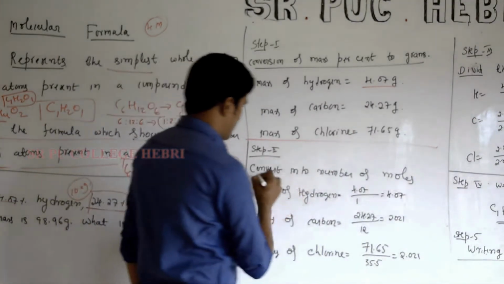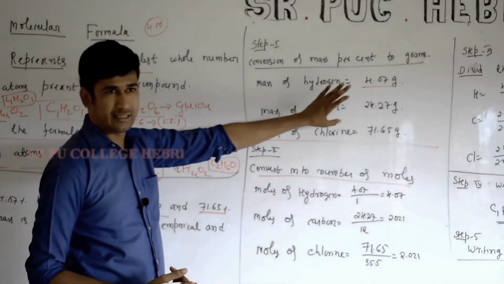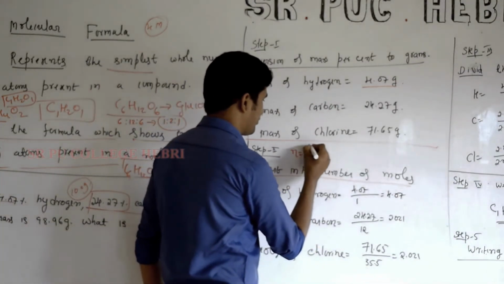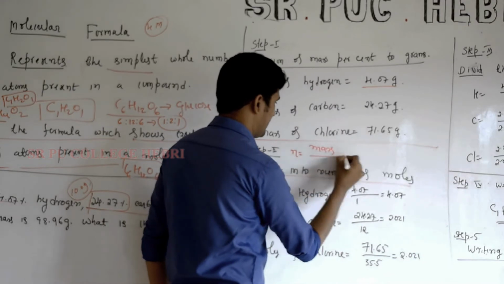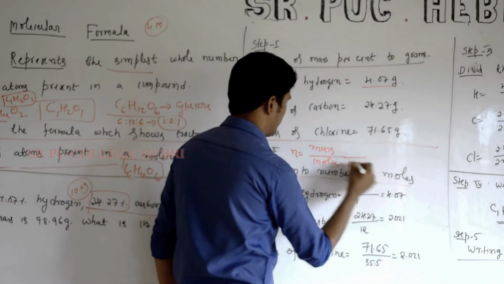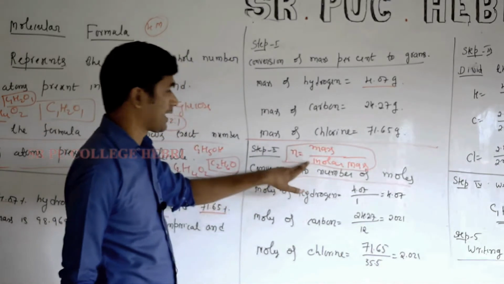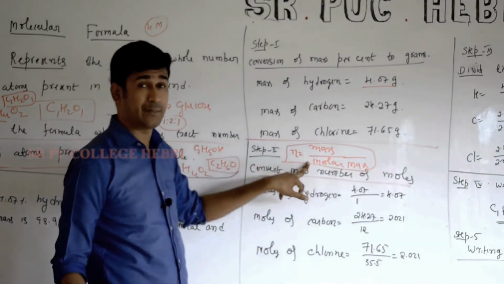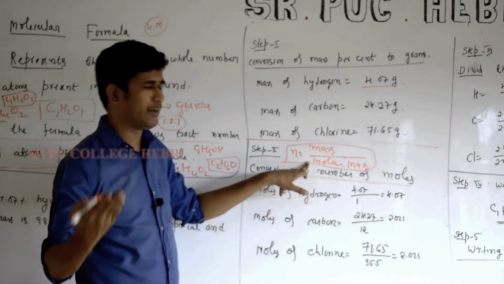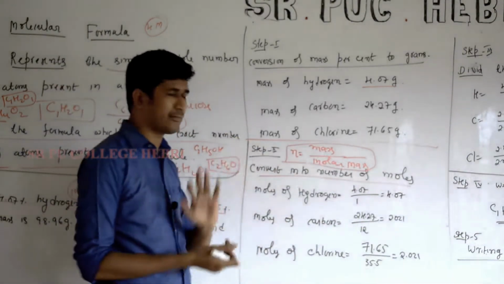Step 2: convert these numbers into moles. Convert into number of moles. Masses ಕೊಟ್ಟಿರ್ತಾರೆ, ಸೊ ಅದನ್ನು moles ಗೆ ಕನ್ವರ್ಟ್ ಮಾಡಬೇಕು. ಹೇಗೆ? ಅದಕ್ಕೊಂದು ಫಾರ್ಮುಲಾ ಇದೆ. Number of moles is equal to mass divided by molar mass. ಇದನ್ನು ಮುಂದಕ್ಕೆ ನೆನಪಿಟ್ಕೋಬೇಕು. Number of moles is equal to mass divided by molar mass or atomic mass. One and the same. Molar mass is nothing but mass of 1 mole of any substance. It may be a molecule, it may be an ion, it may be an atom. ಯಾವುದೇ ಇರಬಹುದು, ಒಂದು ಮೋಲ್ ಮಾಸ್ಗೆ ನಾವು ಮೋಲಾರ್ ಮಾಸ್ ಅಂತ ಕರಿತೇವೆ ಅಷ್ಟೇ.